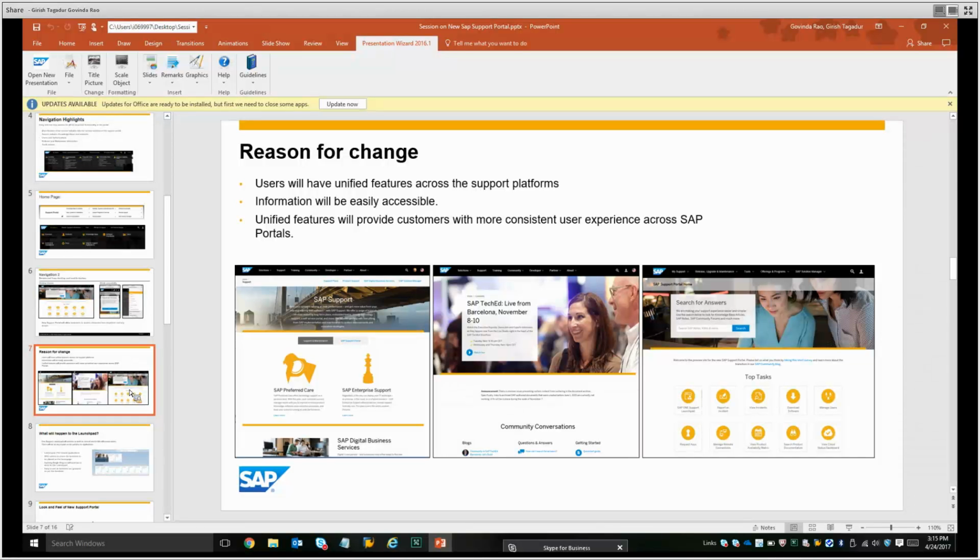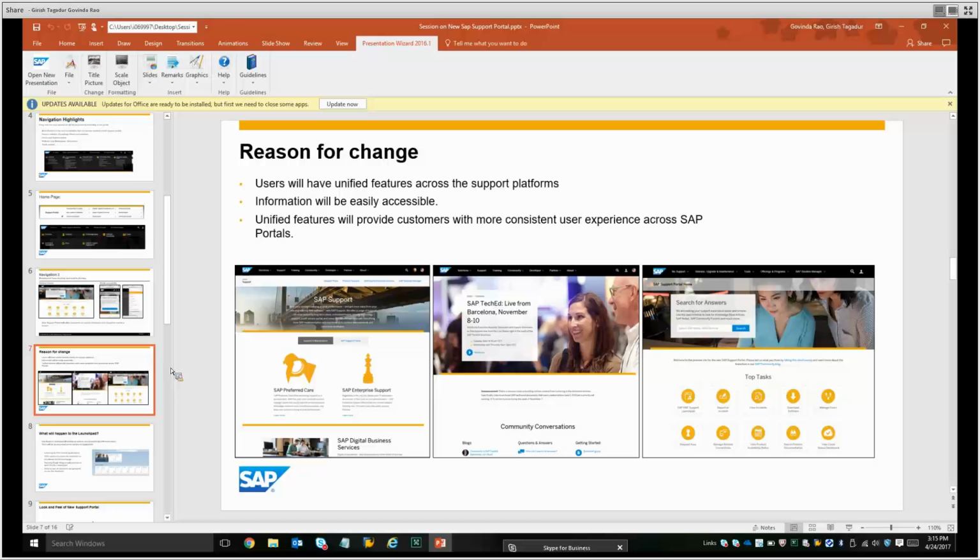Based on that aspect, we have gone ahead and made changes to the existing support portal, and we have taken steps and measures so that the navigation is simpler and on par with the other SAP portals, that is the community network portal as well as the help portal. So wherever you go, you will have the same approach towards the data and information you're going to look into. The navigation will be similar, and you will be able to find the information in a very easy manner across